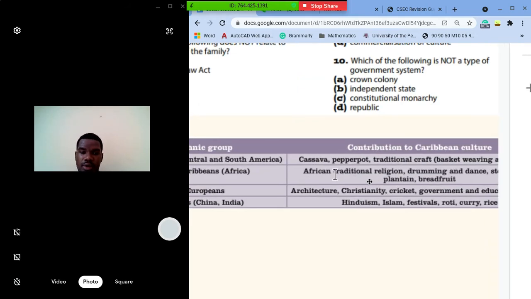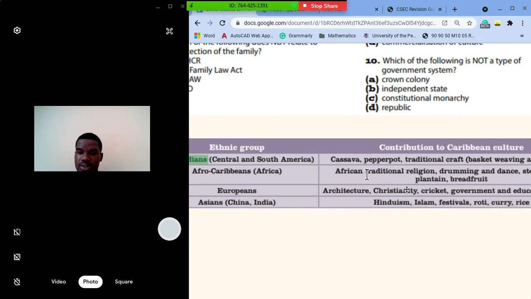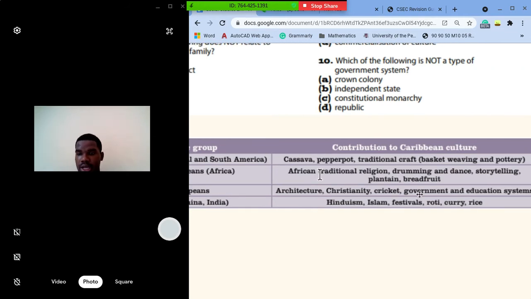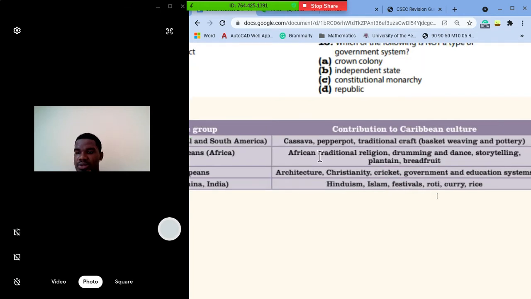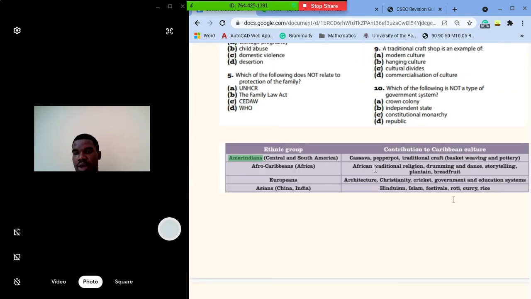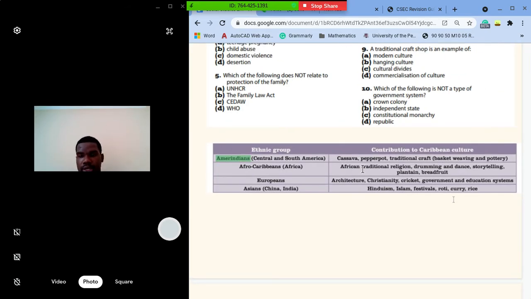For Europeans, architecture, Christianity, cricket, government, and education systems. And Asians, Hinduism, Islam, festivals, roti, curry, and rice. So I wanted you to take this table down for me. Quickly. Alright? So you can take a picture of it and then you write it in your notes if that's easier